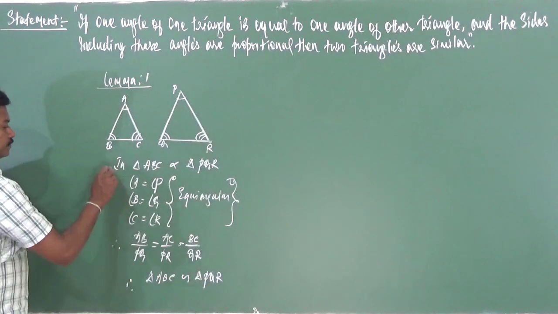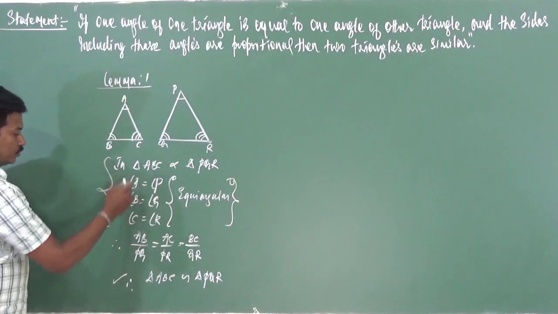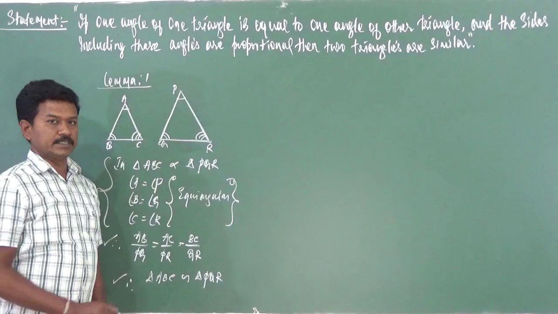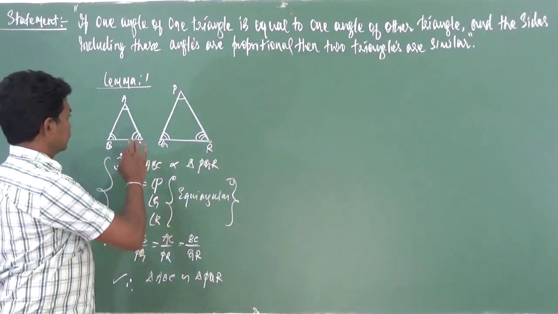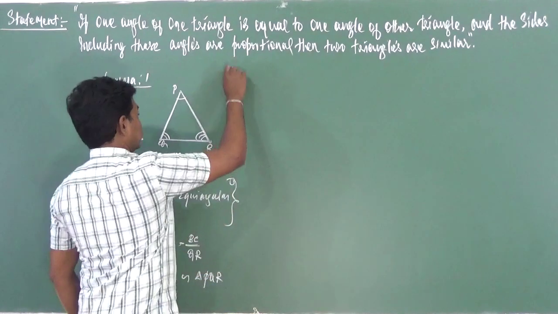So this is, if two triangles are equiangular then they are similar, or if two triangles are equiangular then their corresponding sides are proportional. This is the previous knowledge, that is lemma 1, required for proving this theorem. Right. So let us get into